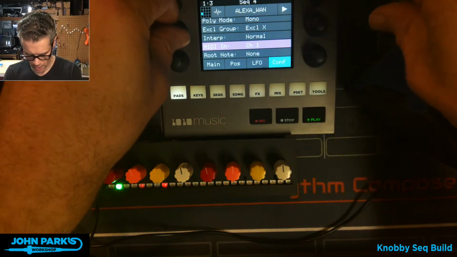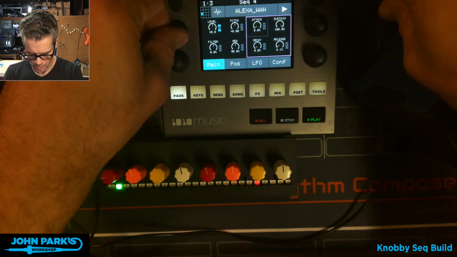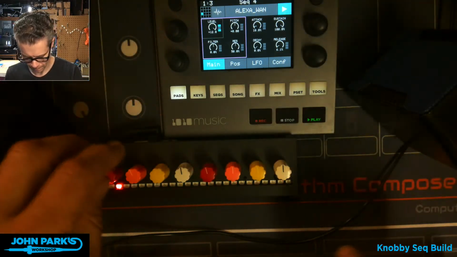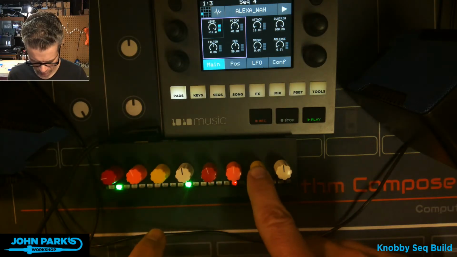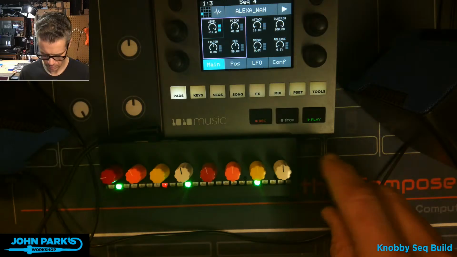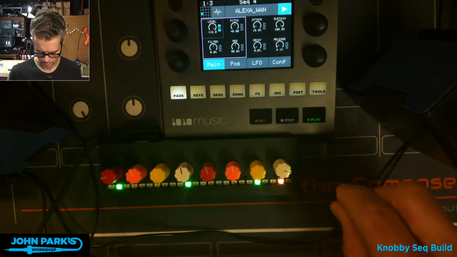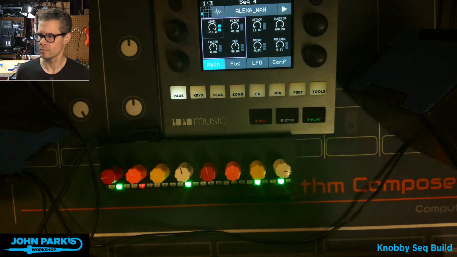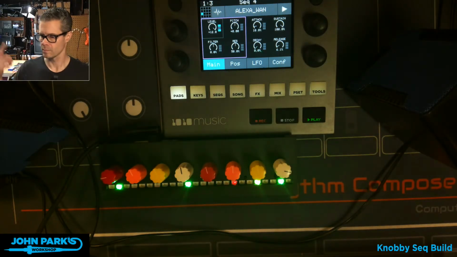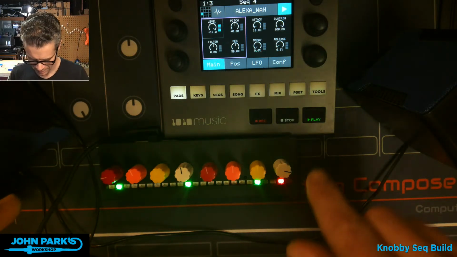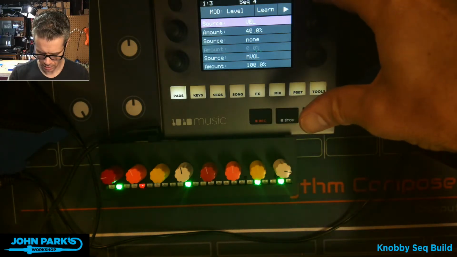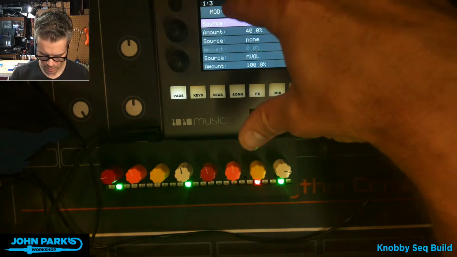Let's see, can I boost the gain on that? Sure. Let's turn on, this will be very percussive. All right, so let's mute that, and I'm just going to change the style of that to be a trigger.